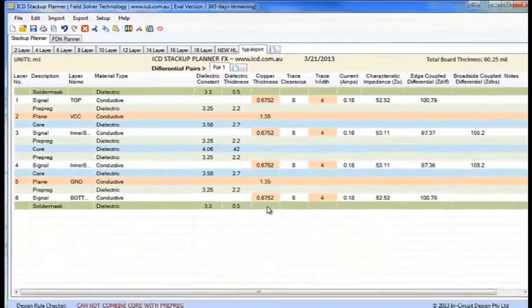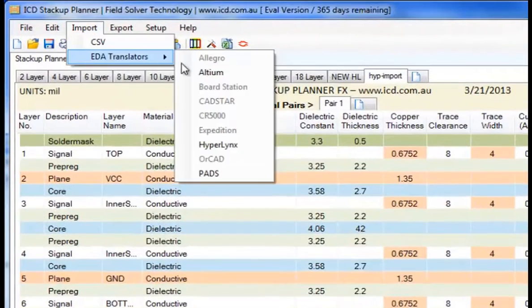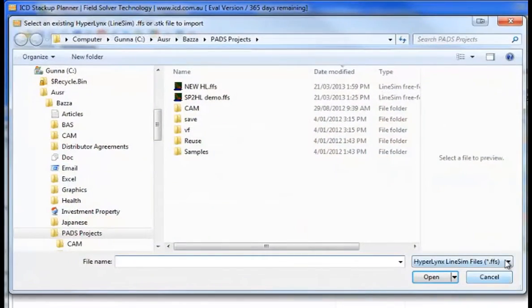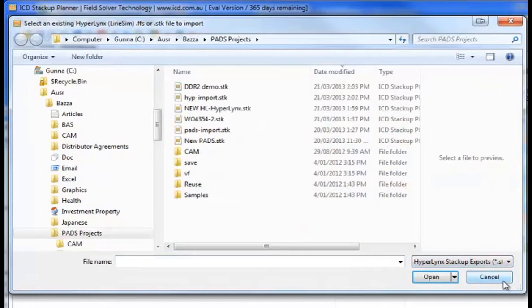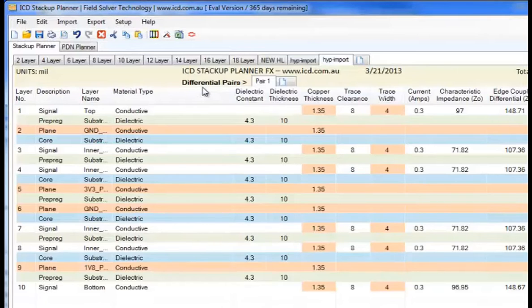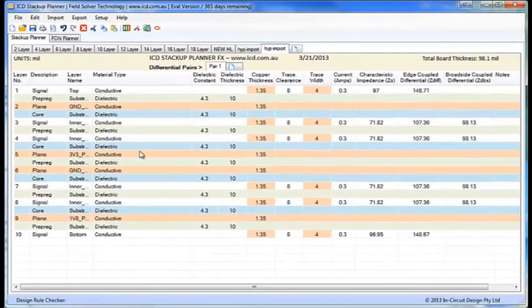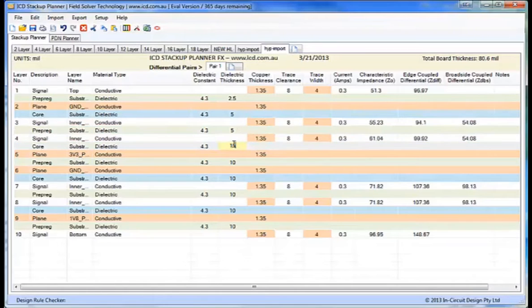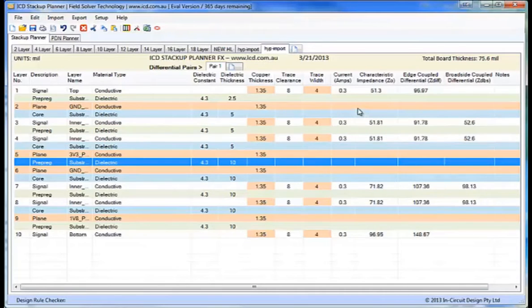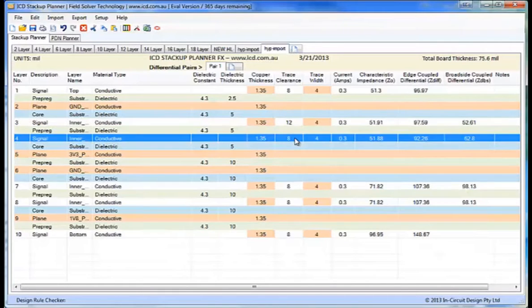Now I go back to the Stackup Planner and I go to Import, EDA Translators, HyperLynx, and I look for a Stackup file this time. And here's my demo Stackup that I just created. So again, we can go through and we can edit the Stackup. We may want to change these to like 2.5, 5, 5, and another 5 here. And that's pretty well right, 5100 ohms, whatever, to make that 100 ohms. We can put a 12 clearance in there,